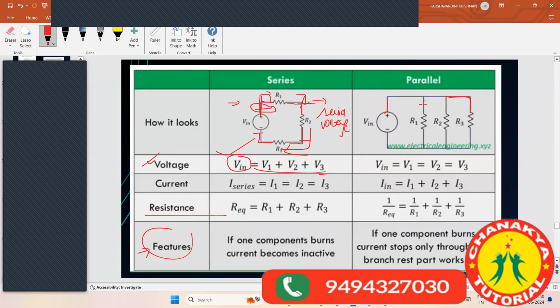But here I can have three switches: switch 1, switch 2, switch 3. Because I can control the current flow of this area of the circuit and this area of the circuit separately with the help of a switch. That is the advantage of parallel. But here I can't do that. There is no partition. So here you have partition 1, partition 2, but here there is no partition. All the resistors are connected end to end, but here they are not connected end to end. There is partition 1, partition 2.